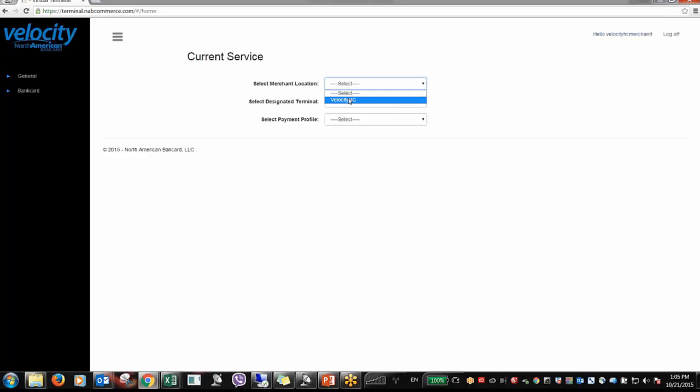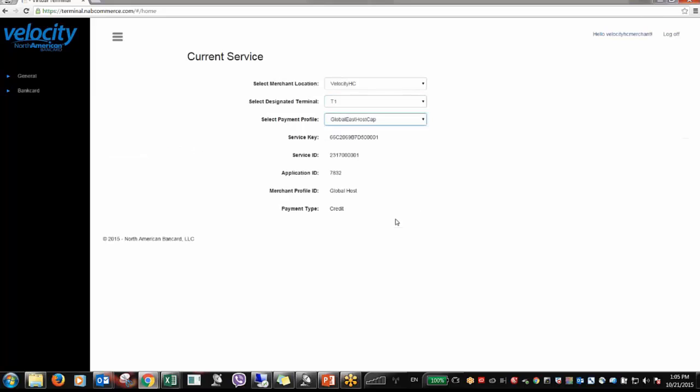So you go ahead and select the merchant location, the terminal, and the payment profile. Once you've selected all three, this data right here should be populated. This is basically your merchant profile data. Some of it might not make sense, but you want to make sure that this portion is populated